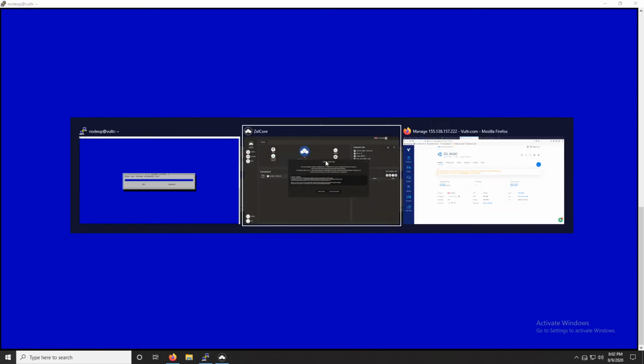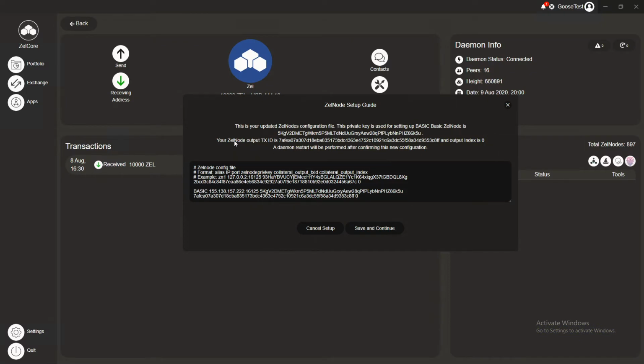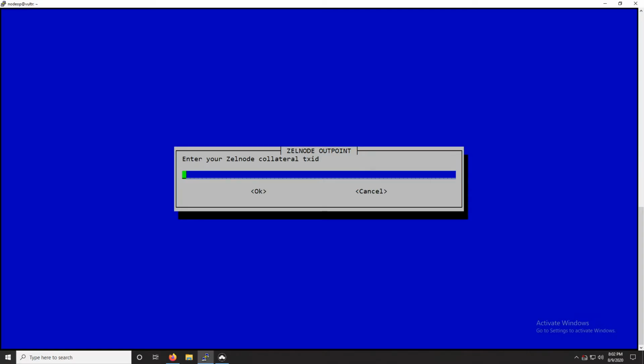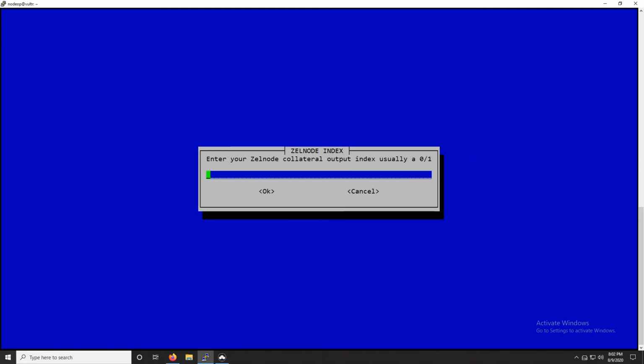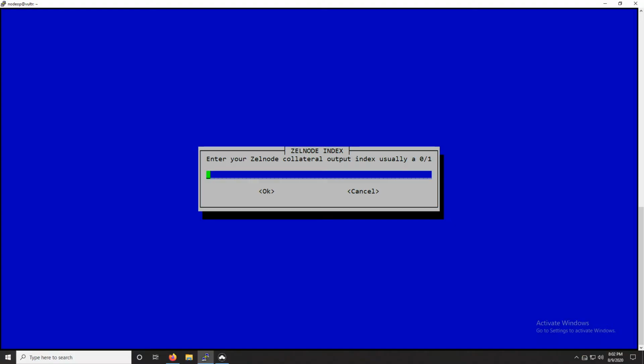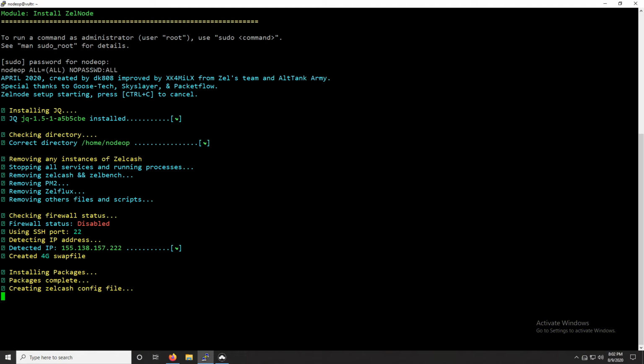All right, so once again, I'm going to tab back over to Zellcore, and you can see right here your ZelNode output transaction ID, and I can click this to copy. Okay, tab back over. I'm going to right click here and paste that transaction ID. Hit enter for OK. And now it's looking for the output index, which is usually a 0 or a 1. I go over here. You can see the output index is 0. All right, so I can just tab back, put a 0, hit OK, and it will continue the rest of